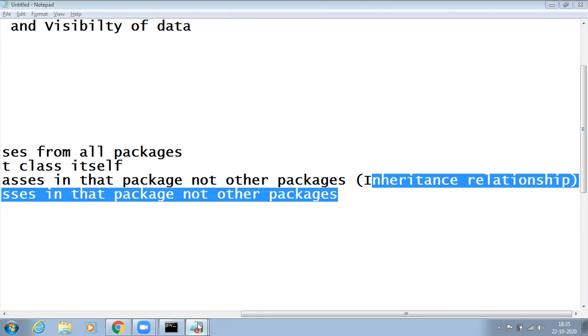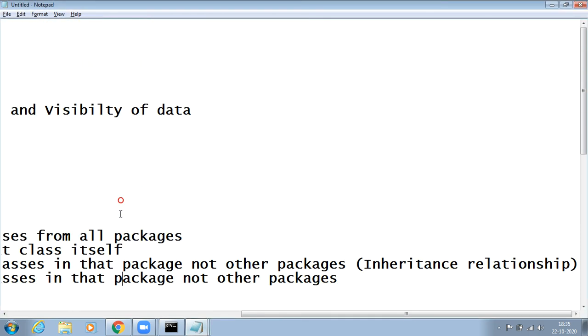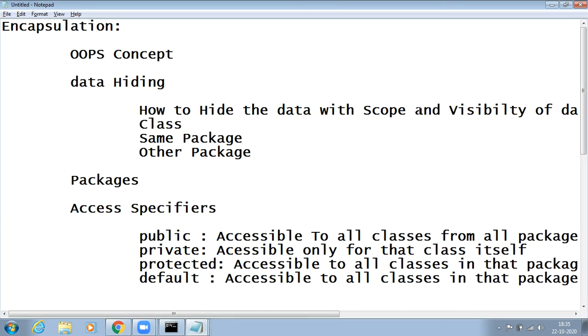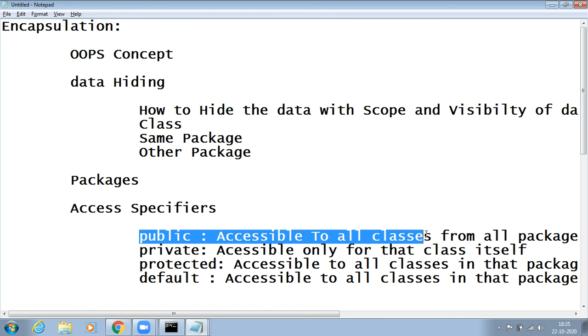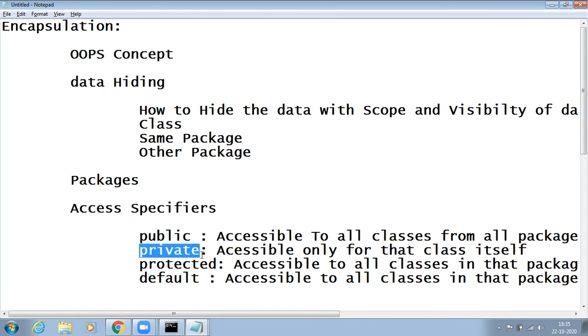Okay, so this is all about the concept of scope and visibility. Scope is nothing but up to what extent the access specifier can be accessible, and visibility is up to what extent it will be visible. Public has complete access to all classes, all packages, current package and other package. Private will have accessibility only up to this one class, not even the same package.